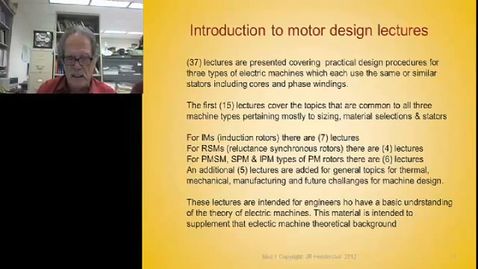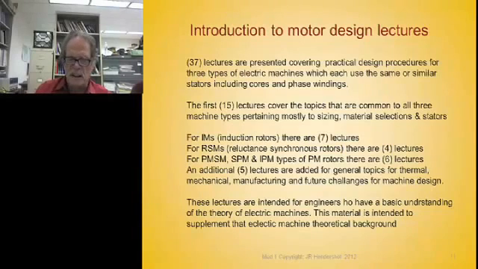machines, relating to the thermal condition of the motor, how hot different parts of the motor get due to the losses inside the motor, and then the mechanical design aspects, including shafts, bearings, frames, housings, some manufacturing techniques that are used for these different machines, and finally there's a lecture on the future challenges for engineers for designing machines of the future. Now, let it be understood up front here that these lectures are